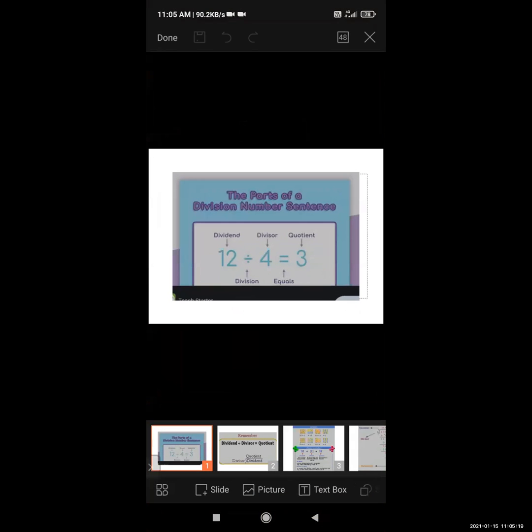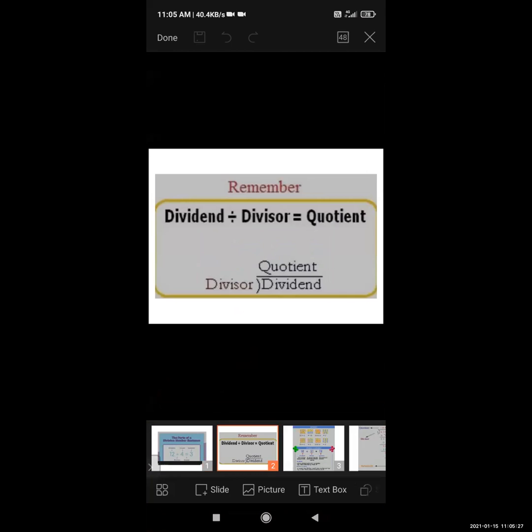Yes. So now look here, students. In division also, there are three parts: dividend, divisor, and quotient. Now the next image shows the dividend, and after that the symbol: how to write division sums, how to solve them, which is the format. Some formulas are given to you in this concept, for the dividend, divisor, and quotient.